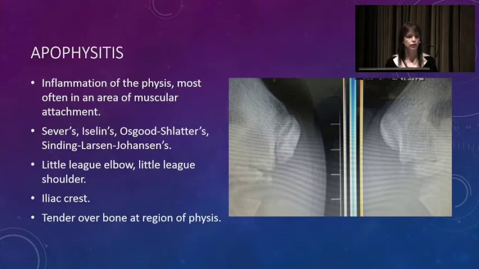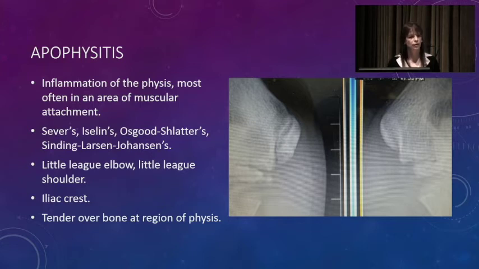And Sinding-Larsen-Johansson is right at the inferior pole of the patella. And again, this is due to generally repetitive trauma, ramping up their activity too quickly. If they are growing quickly, if they're having a growth spurt, that will contribute to this as well. When they're growing rapidly, the zone of hypertrophy in the physis will undergo a more rapid apoptosis in order to make room for the osteoblasts and osteocytes to come in and populate that area. So that apoptosis, that increased cell death, will often weaken the physis when they're going through times of growth spurt, which is usually around early adolescence.